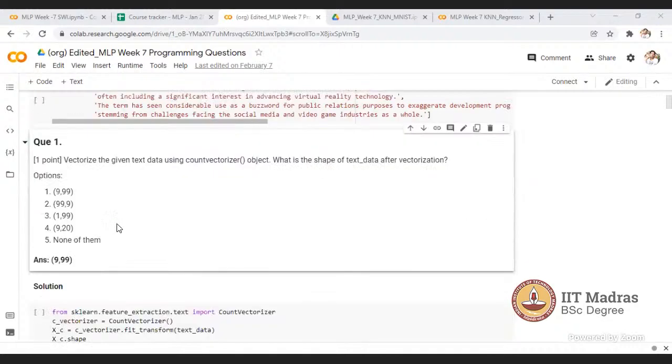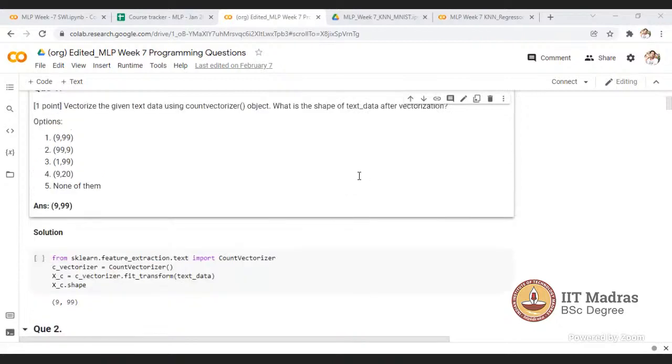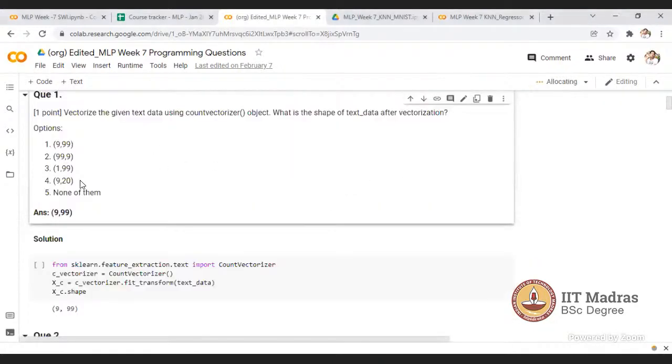So let's come to this question: vectorize the given text data using the count vectorizer object. What is the size of the text data after vectorization? We just imported this count vectorizer and used the fit_transform method to